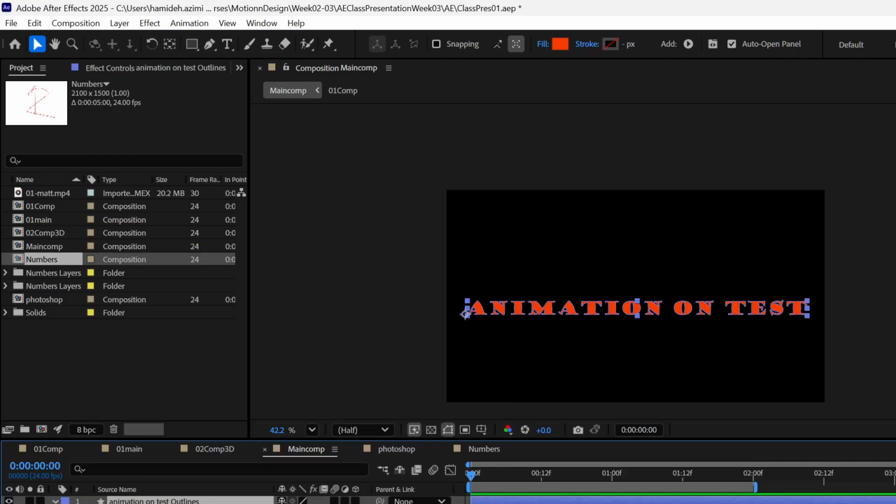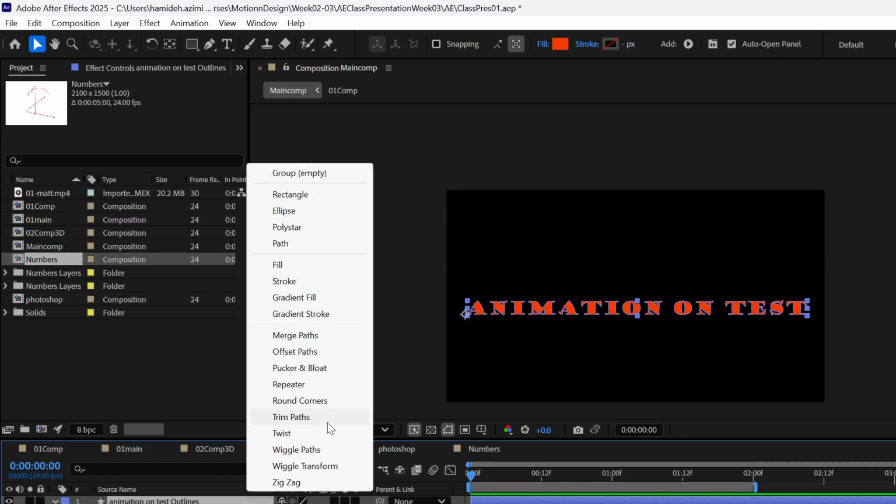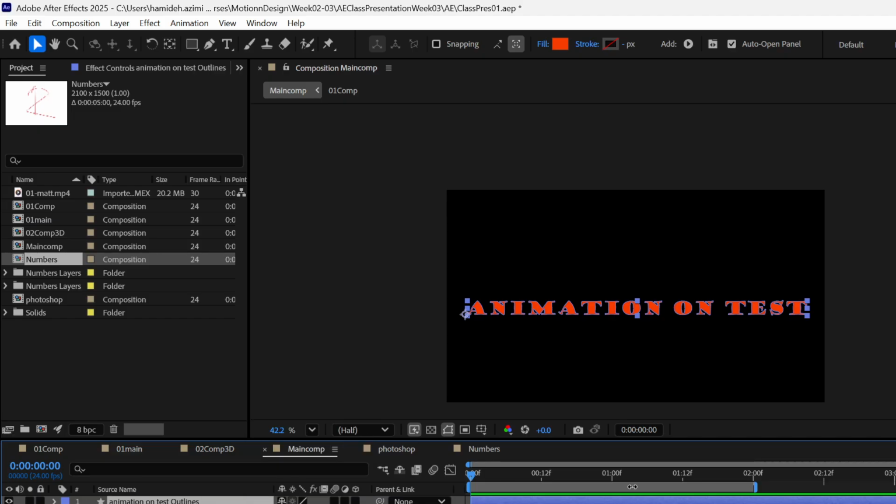We can go to add and, for example, add trim paths or repeater to that. But in the library of effects in After Effects, there are some prepared animations just for text. If I go to the effects and presets, animation presets, there should be